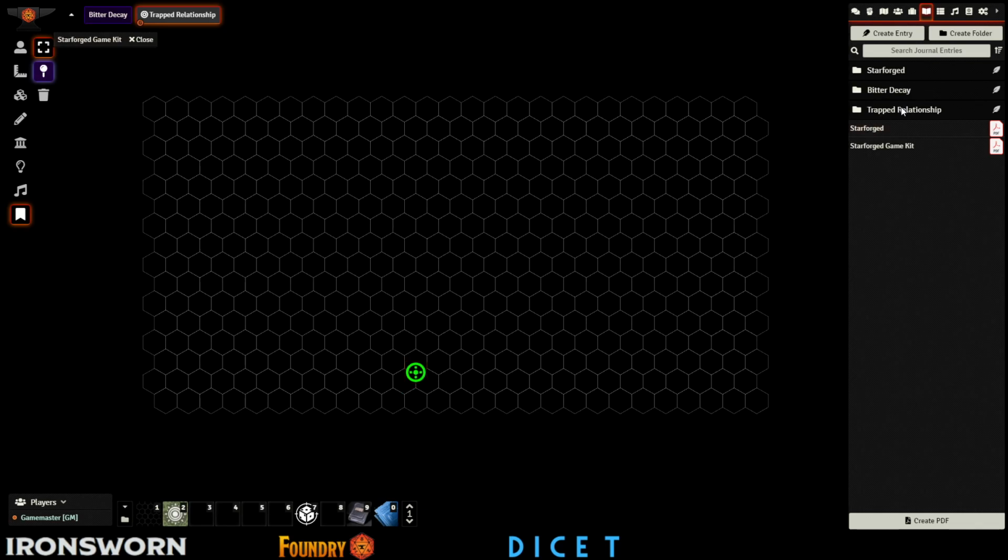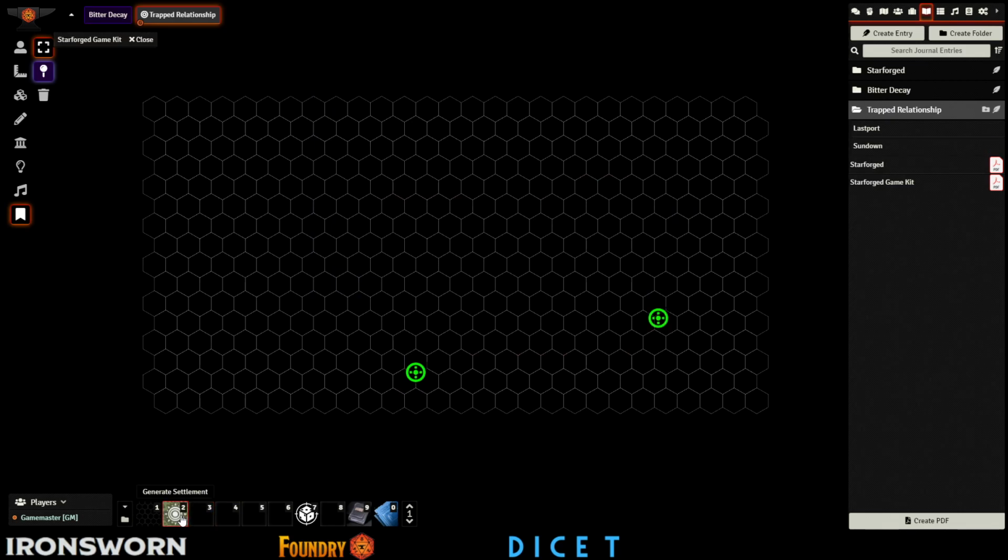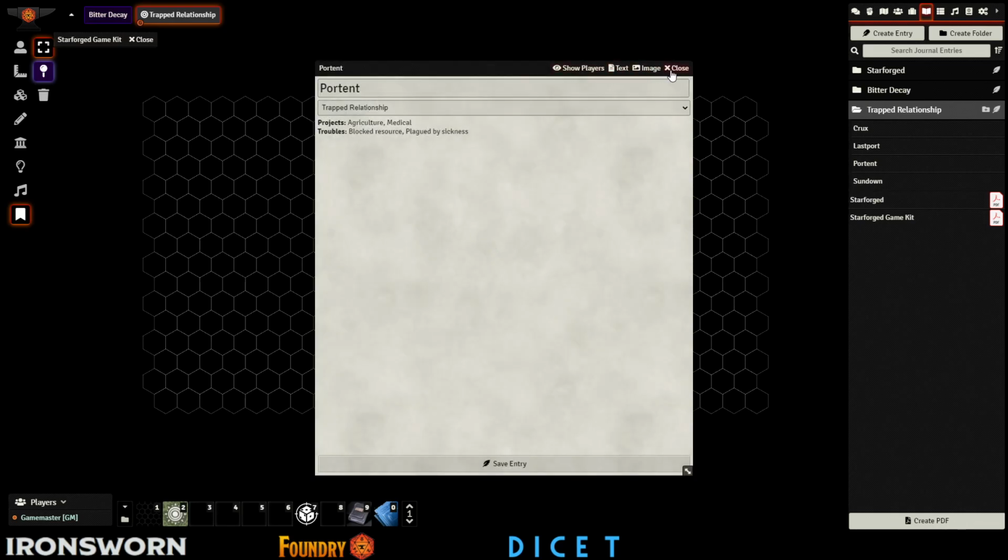It will create a journal entry with the name inside of the sector that was created, and then the journal entry will start to populate with the data, random data regarding that settlement. This part's still a work in progress, but as you can see, we can add multiple settlements all at a click of a button, and they're all linked to the journal entry that has been